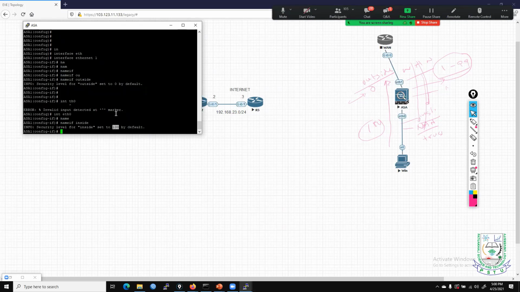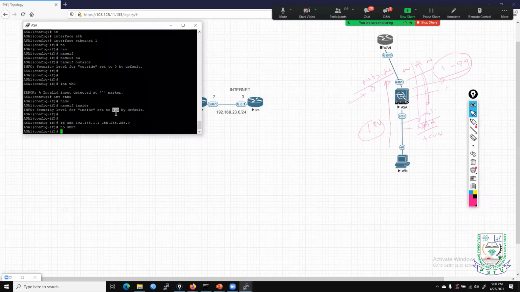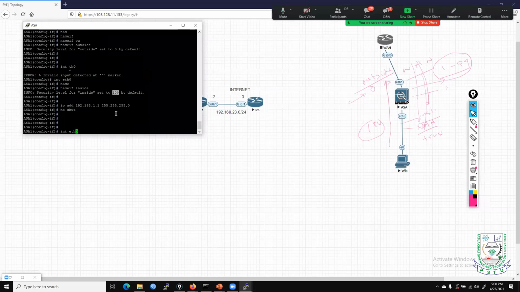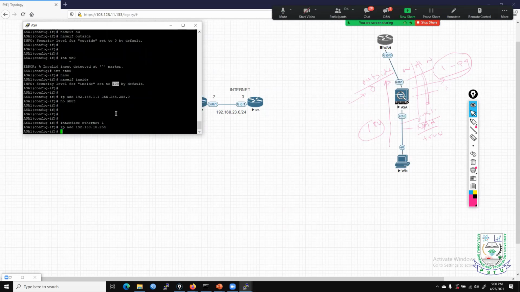So if you want to configure the IP address of the inside interface, it's the same as on a router. IP address 192.168.1.1, with subnet mask 255.255.255.0, and also no shut. And the same way for Ethernet 1, say that is 10.254. Oops. If you use the classful address, then you don't need